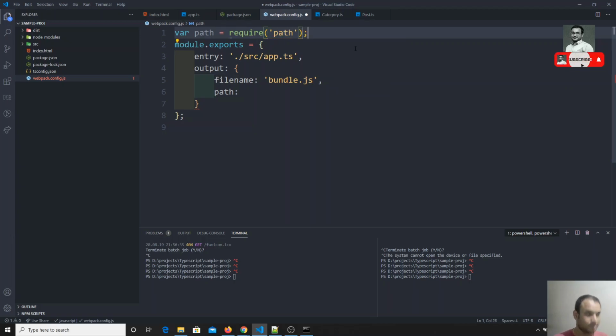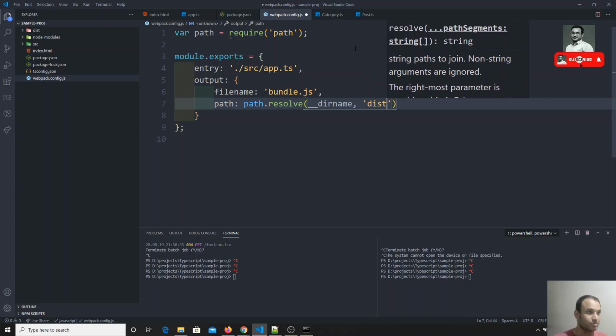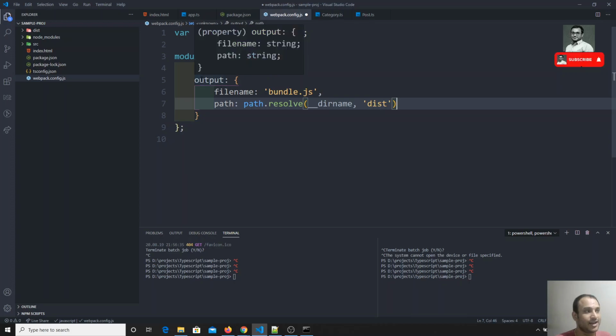Now I have imported path, so I will use path.resolve to give the absolute path. It takes the directory name, and we give the second parameter as the folder name, the dist folder in the main project directory, sample project. So we have given the entry file and the output file.